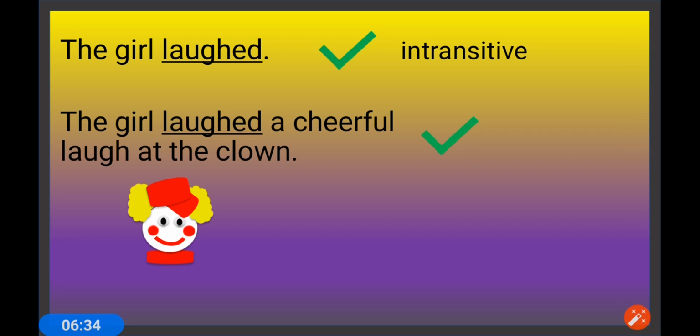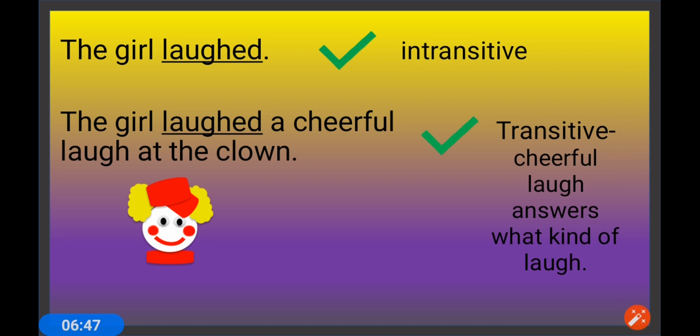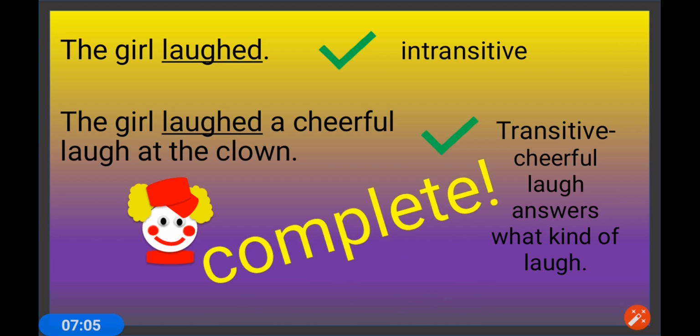The girl is the subject. Laughed is the verb. The clown is the object. So cheerful laugh tells us what kind of laugh. So the girl laughed a cheerful laugh is a transitive verb. The next we have there is